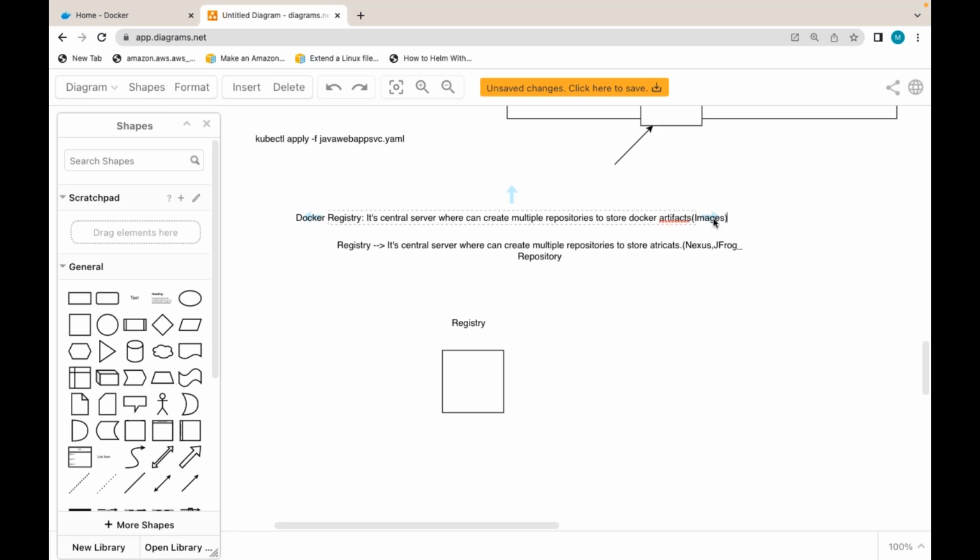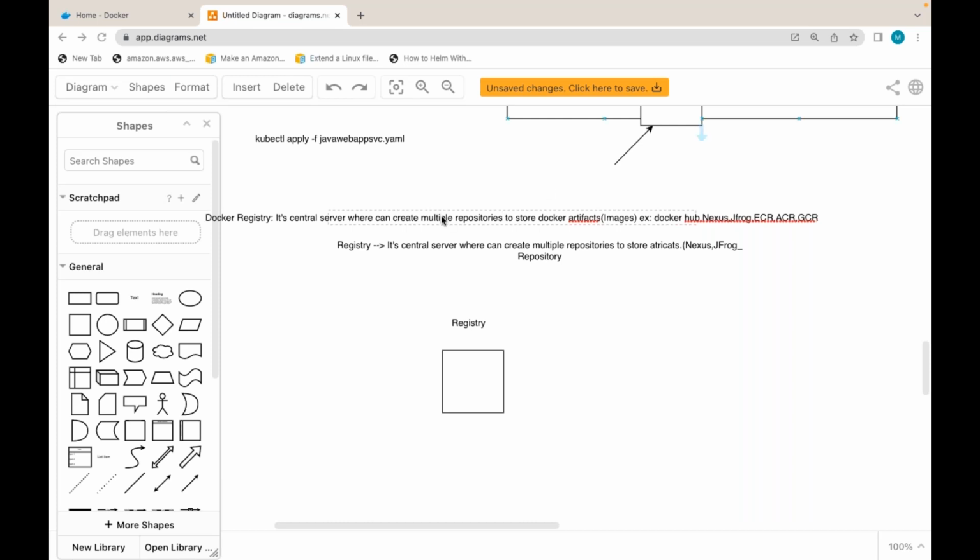Now, examples: Docker Hub, and can I use Nexus also as a Docker registry? If required, can I use JFrog also as a Docker registry where I can store Docker images? Can I use managed services like ECR, Elastic Container Registry in AWS, ACR, Azure Container Registry in Azure Cloud, GCR, Google Container Registry in Google Cloud?